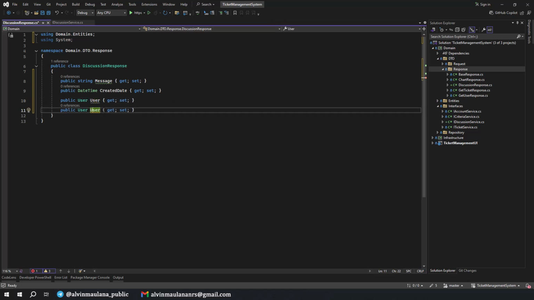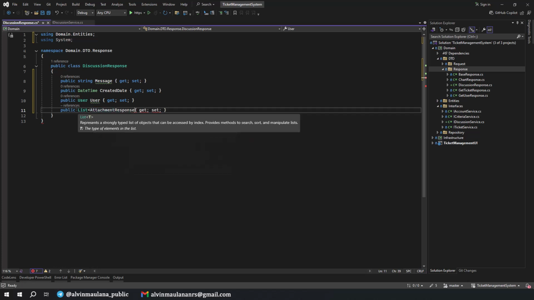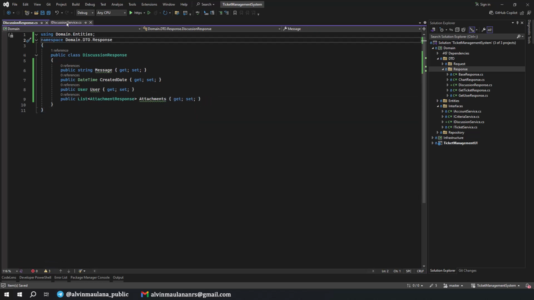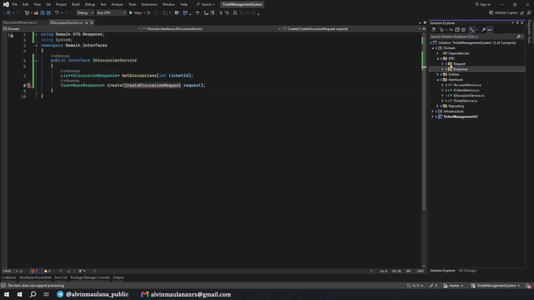And then I need to have a list of attachments, list of attachment response. Okay, attachments is fine.